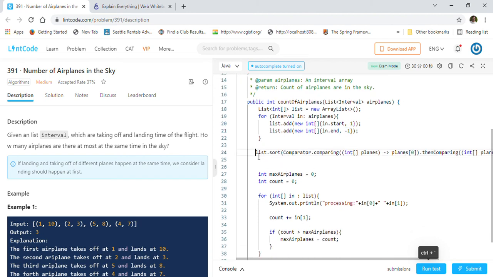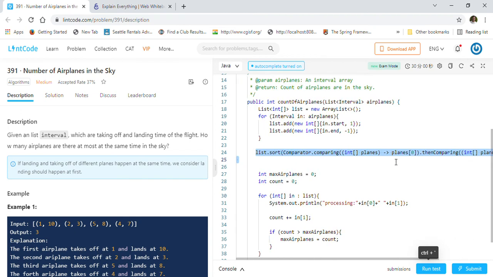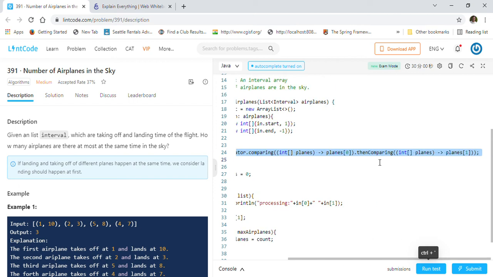After the list is created, we are just going to sort the list first based on the time, and then second based on the 1, -1, right? Because -1 should come in the sorting before 1. The natural ordering says that -1 comes before 1 basically. So that's how the sorting works.